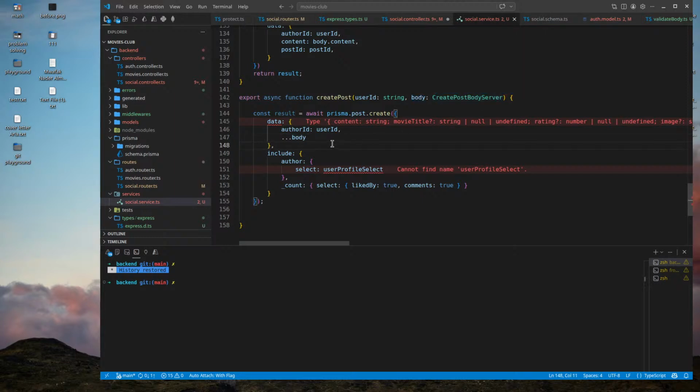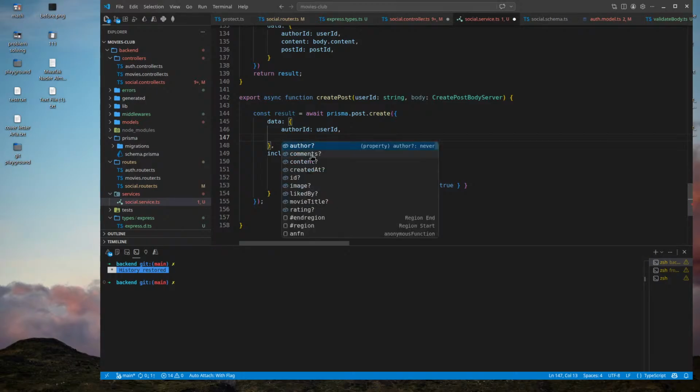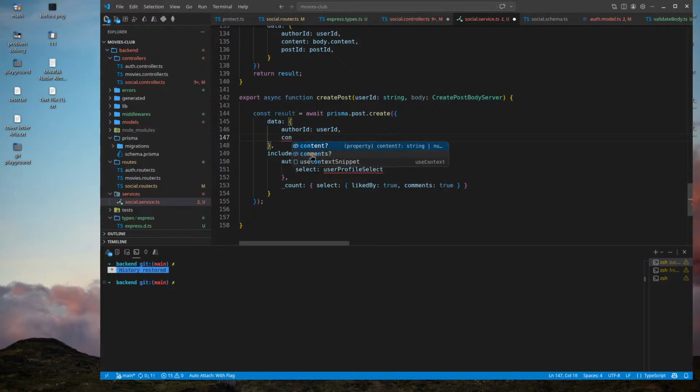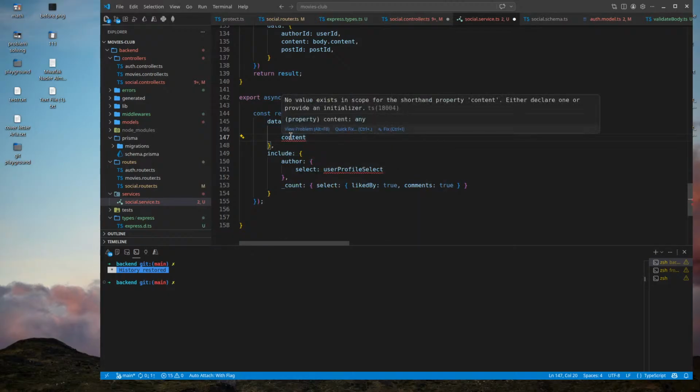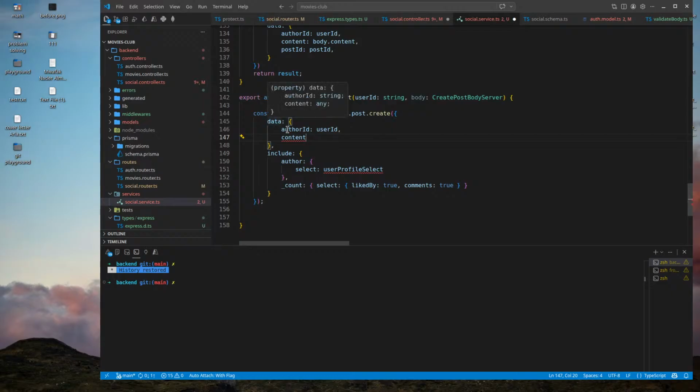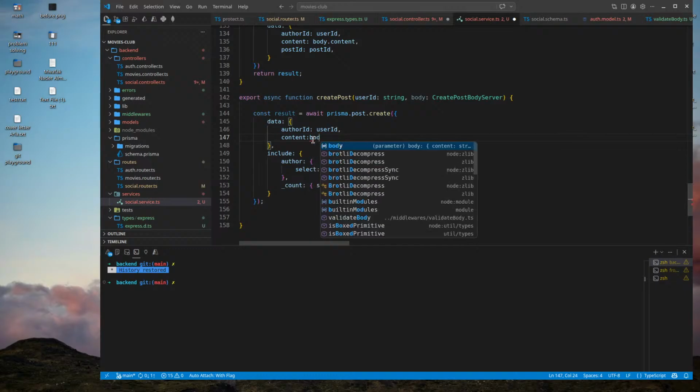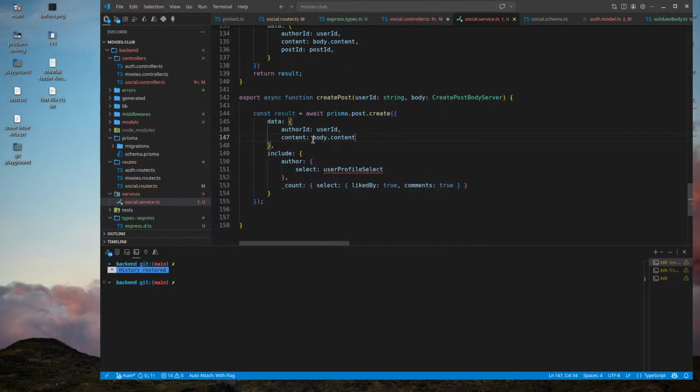So the case here is that my content, any, why any? body.content is a string, I know this for sure.